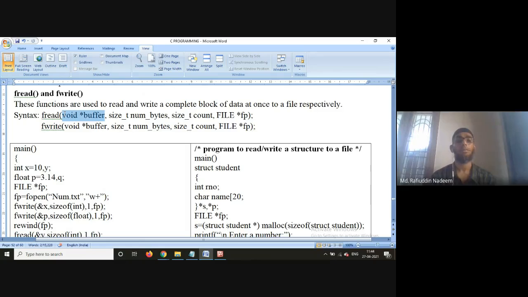fwrite, what it is going to do, it is going to write the contents to a file. So these many bytes of the content of the data, of this size and these many blocks, will be written to a file which is pointed by the file pointer fp. So I repeat once again,